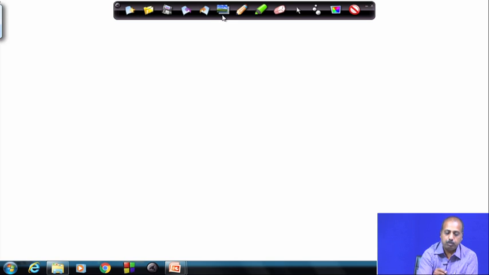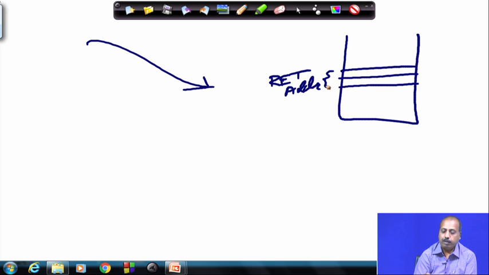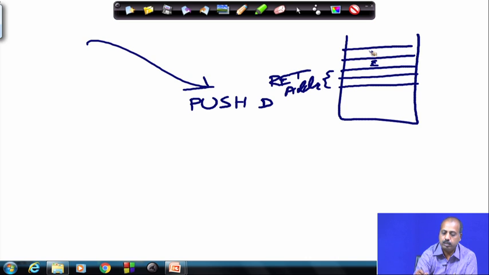As you know, when I am going to a subroutine, the stack top contains the return address. These two locations will have the return address. Now, at the beginning, say I have done one push. So, this push D, the D pair has been pushed here. This is the D register, this is the E register. Now, at the end, if we forget to pop the D